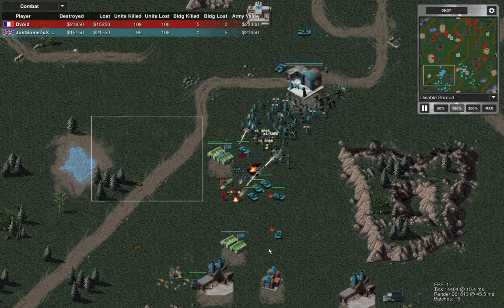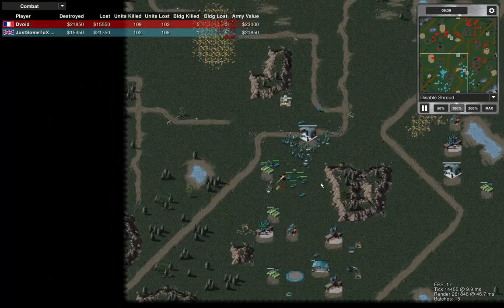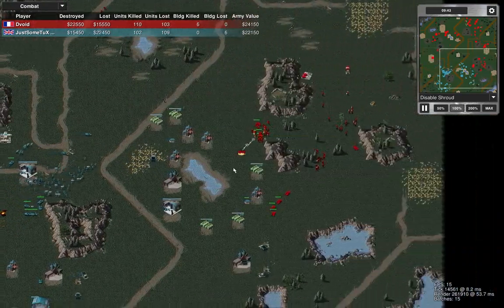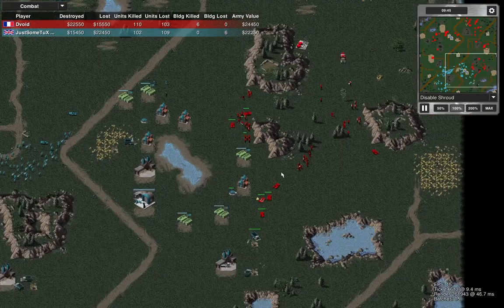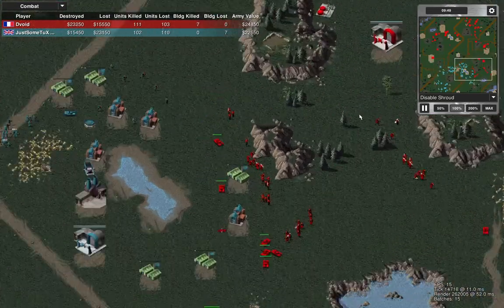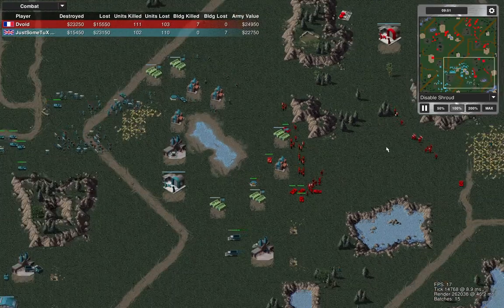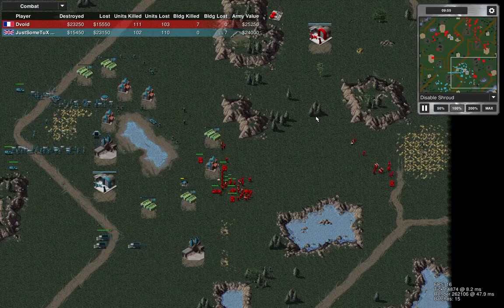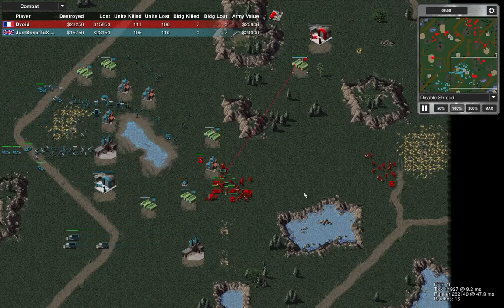I didn't do very much with that group of units, and it wasn't meant to. It was supposed to be an eco raid, which it did, but I should have escaped with it. But I'm hitting him on this side because I know where his units are. They came here to defend his base, so I know this is vulnerable. I can move these guys in, bring up an MCV, bring up a barracks,